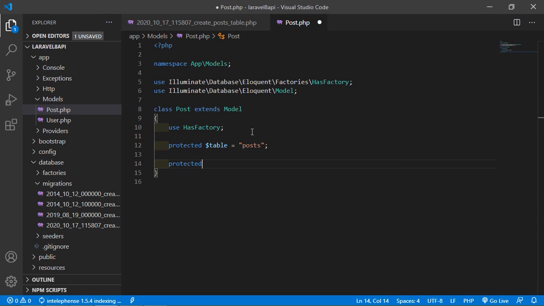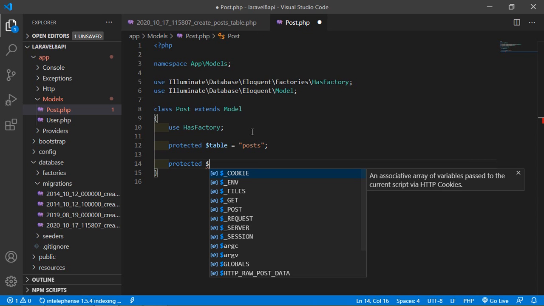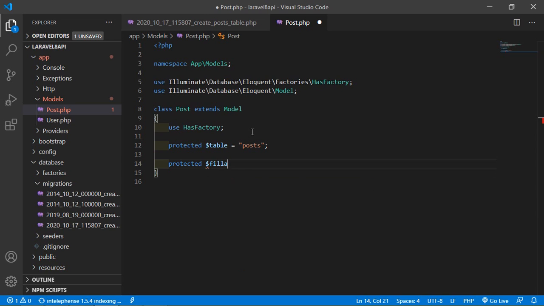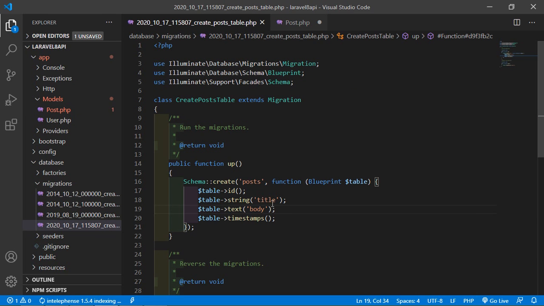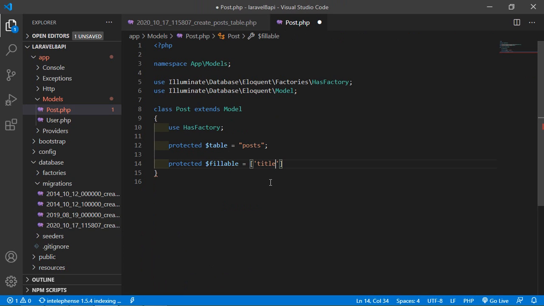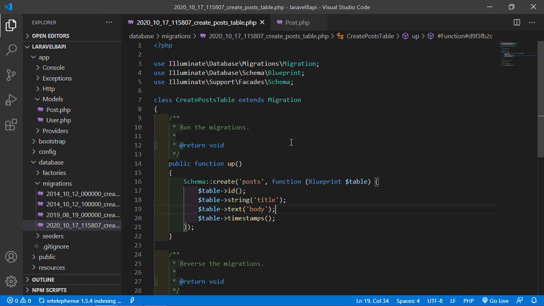So just write here protected $fillable is equal to, inside the array just add the column names. So the first column name is title and another is body. So just write here title and second one body. Now save this file.